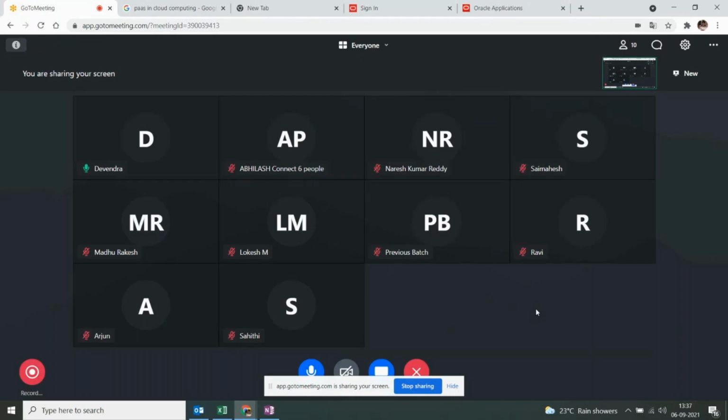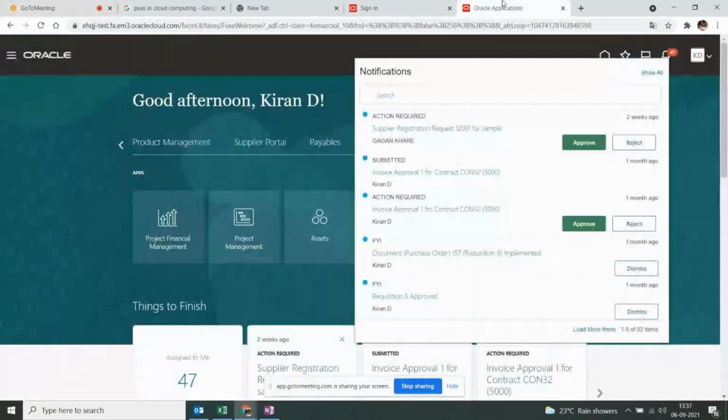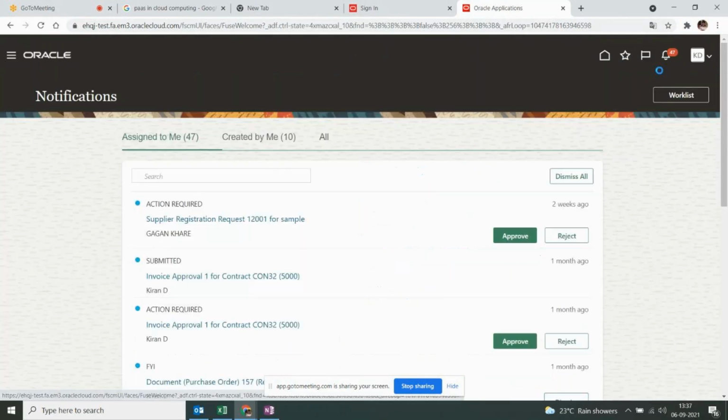We can access that using the bell icon, and there we will configure all the approvals. And remember, unlike in e-business suite, in Fusion the functional consultant is going to configure all the approvals. Remember, this is also a very important difference.